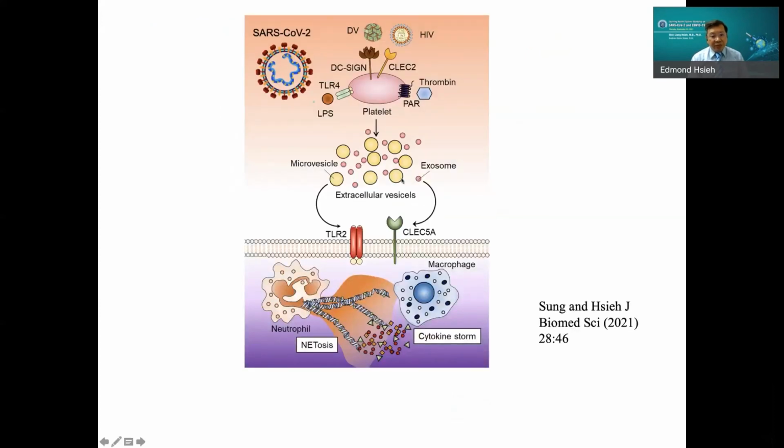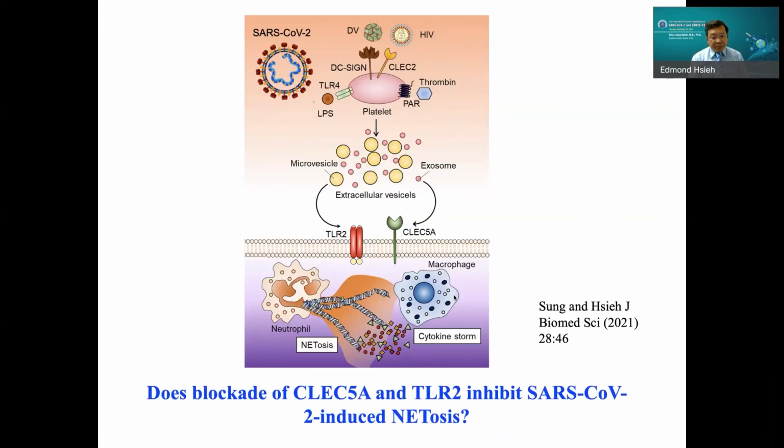So I use this slide to summarize our findings. In our pilot study, we find that SARS-CoV-2, similar to dengue and H1N1, will activate platelets and release extracellular vesicle. And the vesicle will work on TOR2 and Clef5 to induce strong net formation and also activate macrophages to secrete an abundance of cytokines, contributing to the cytokine storm. So it will be interesting to understand in the future whether blockade of both pathways is able to inhibit SARS-CoV-2 induced